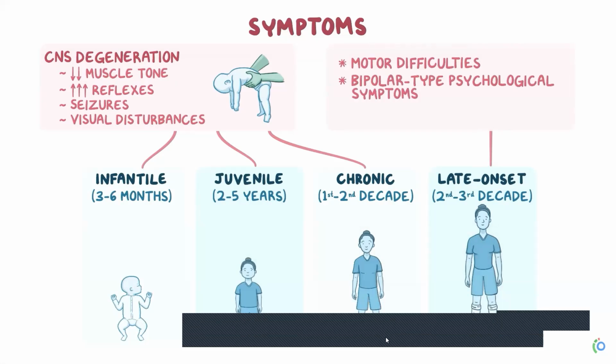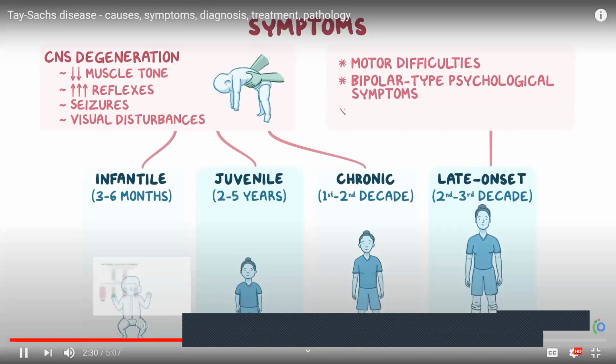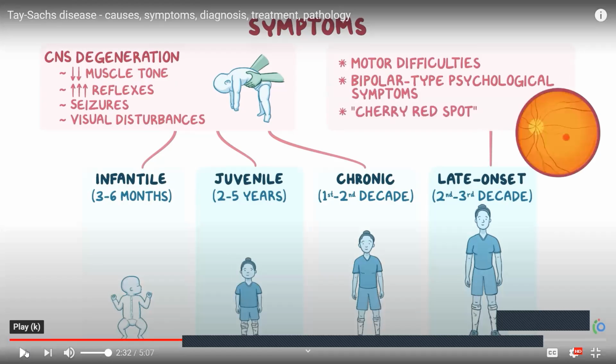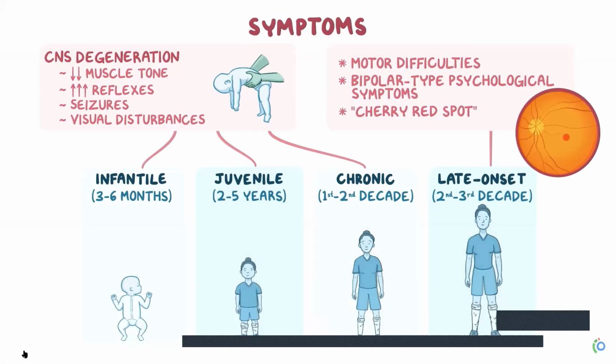Ophthalmologists may be the first to consider TSD by finding a cherry red spot in the macula. An ophthalmologist is the doctor of the eye. This is some extra information for you. As I told you, with visual disturbances there will be a dark red spot in the eye, which results from GM2 buildup in the retinal cells around the central macular